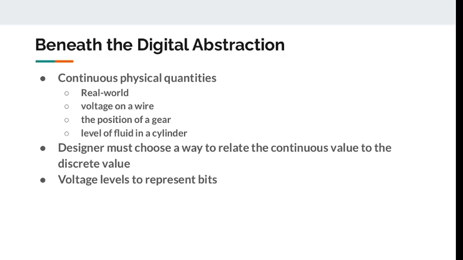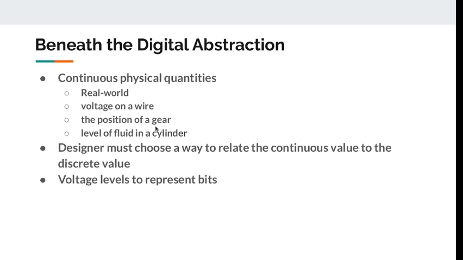inside any digital abstraction. We have the real world, the continuous physical quantities, right? Because everything in the real world is continuous. But as we are using digital computers, we have to measure those continuous physical quantities in discrete values, right? So for example, examples of physical quantities: voltage on a wire. If you're measuring a voltage on a wire, that voltage has a value that's not actually discrete. It's continuous. So a position of a gear, when you assemble a gear in a shaft or in a motor,